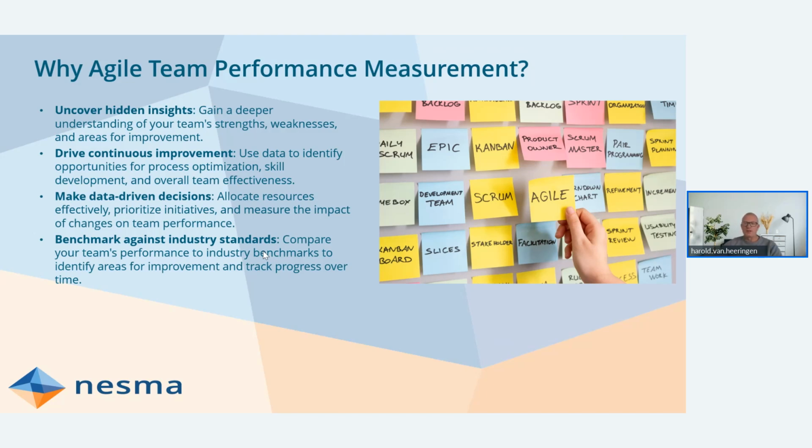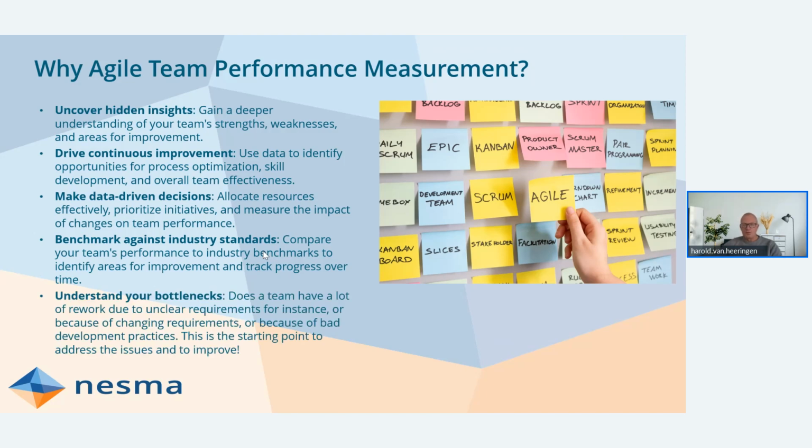Application development is an important function in many companies because it actually delivers the value to your customers and your users. So companies depend on application development and on value delivery by the teams. You want to know how you're performing against your industry peers, for instance, to make sure that you're in line. Understanding your bottlenecks is, of course, very important in Agile teams. Bottlenecks are not always obvious. And once you understand that you're performing well, it can be improved, you will start looking for the bottlenecks in your process as well.